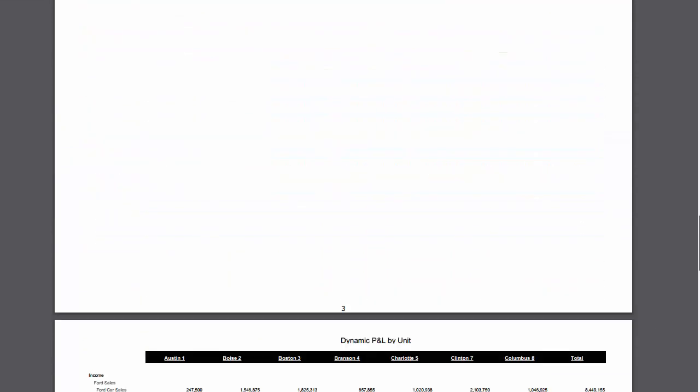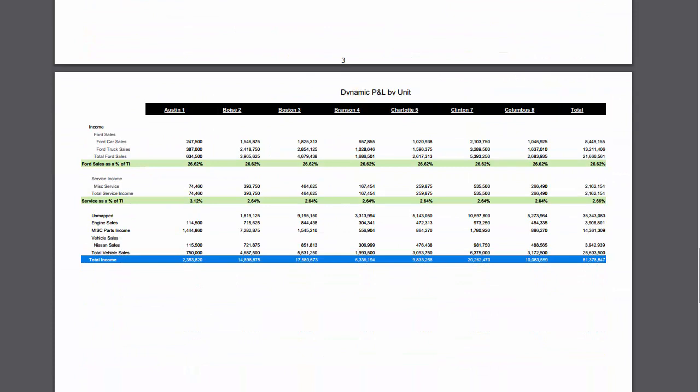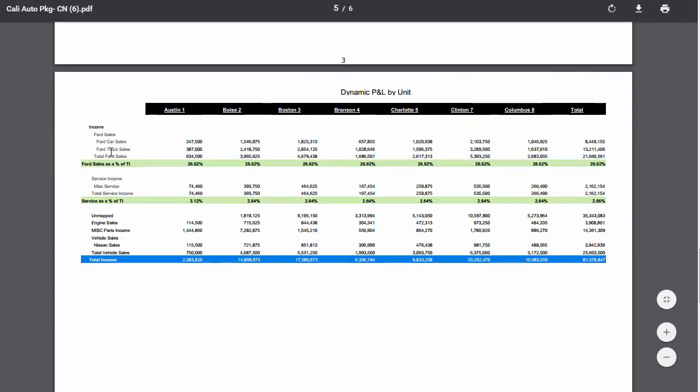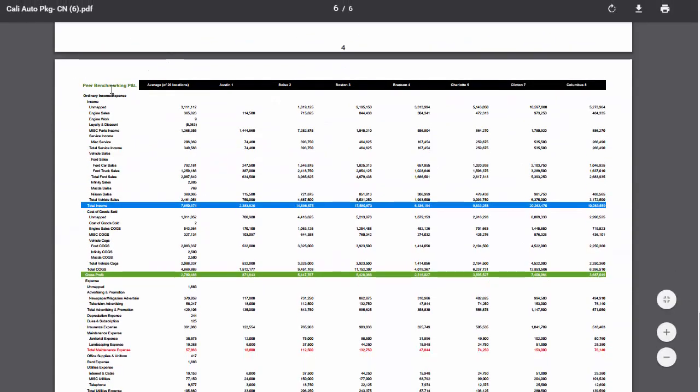And then I come down here, and here's some more listings. And then here's a little KPI, the dynamic P&L KPI. I've only selected a handful of accounts here, and I've built a forward sales as a percent of total income. And here's my side-by-side for the units I'm running this thing against. And that's how you do it. And here's a peer benchmarking report, the average of the top 20% in the ecosystem. A very powerful report. That's how you do it, folks.